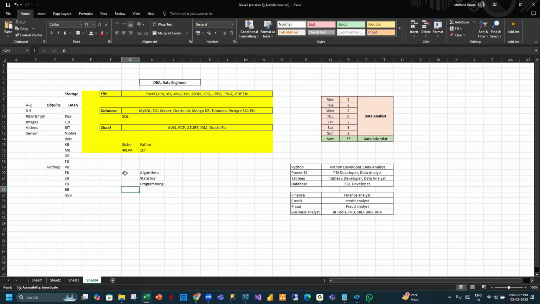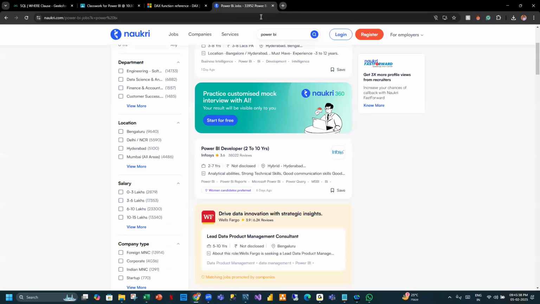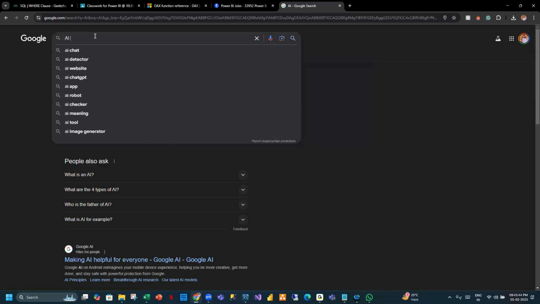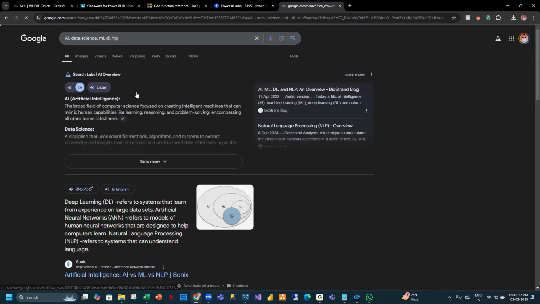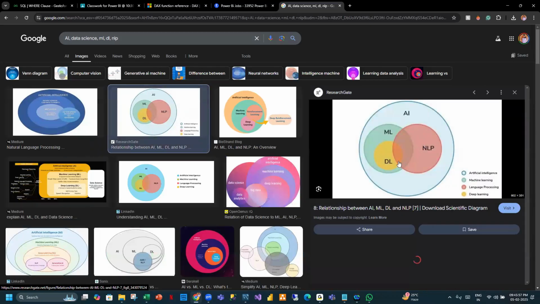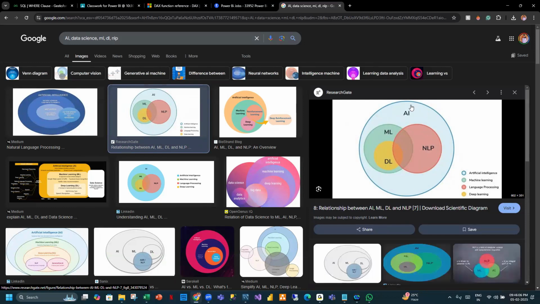And then what does AI consist of? You know what is machine learning? Have you all heard these terms? See here. From this picture, you should understand most of the things. Machine learning, NLP, deep learning, together if you work on a project, it's called AI. Understood?